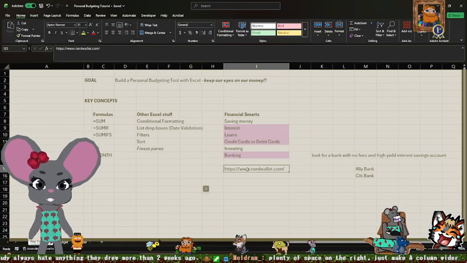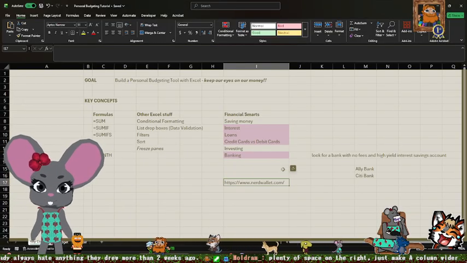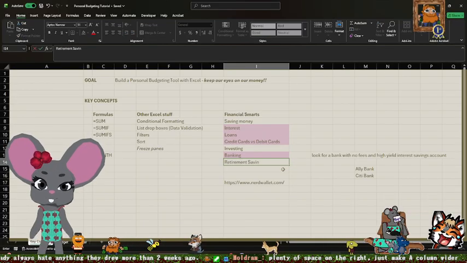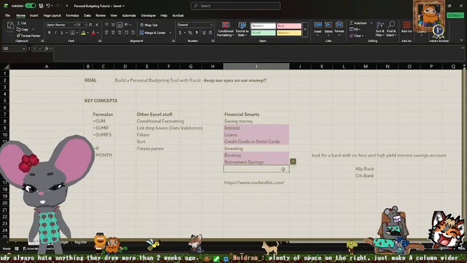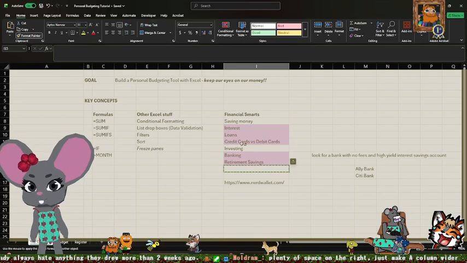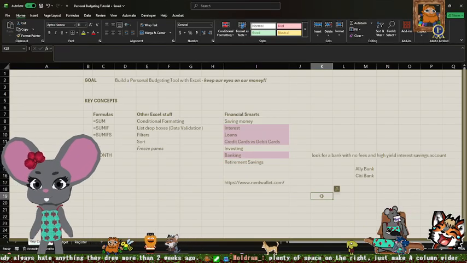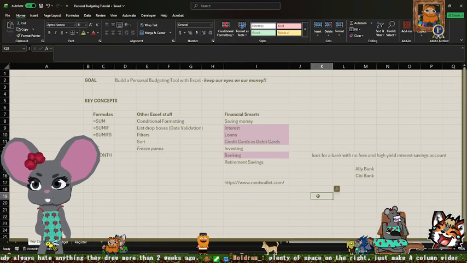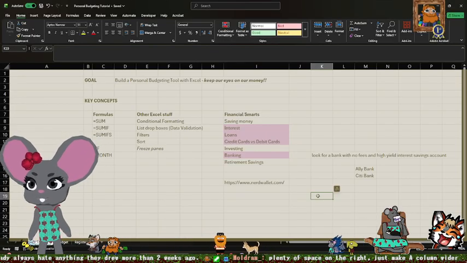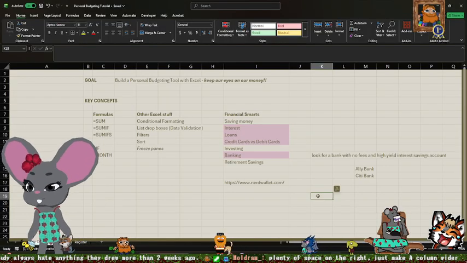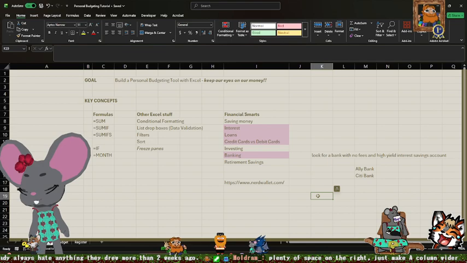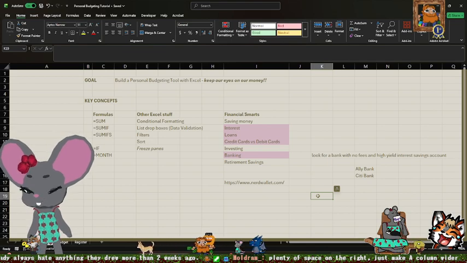Something else I wanted to talk about is retirement savings. But we'll get into that later. Because it's never too early to think about retirement and saving for it. By the time you are ready to retire and you start thinking about it, you're way too late.